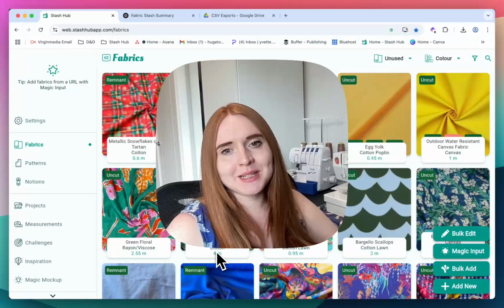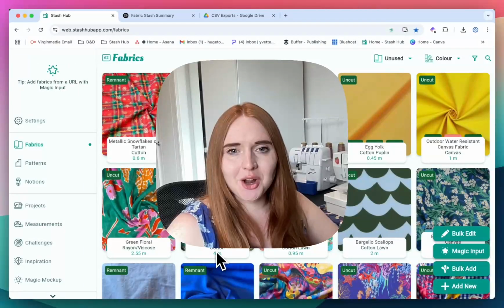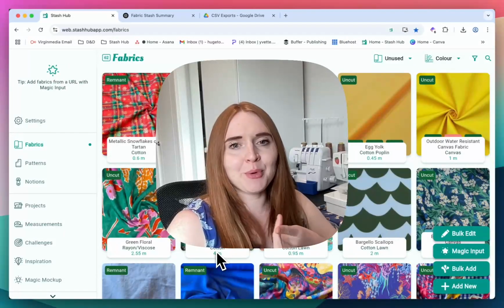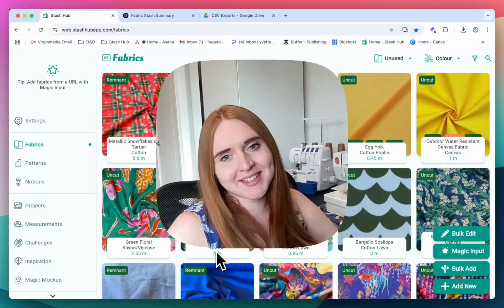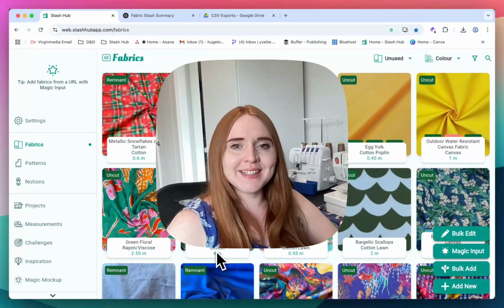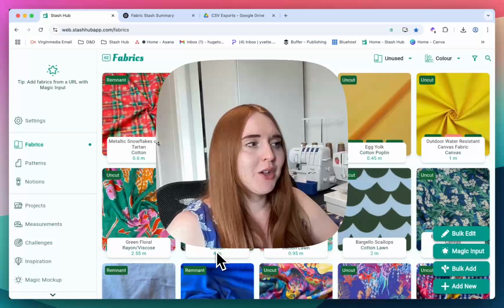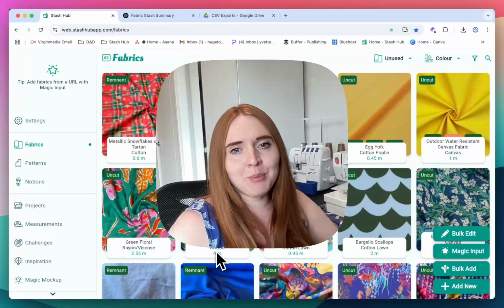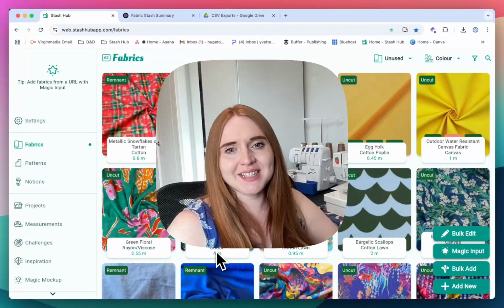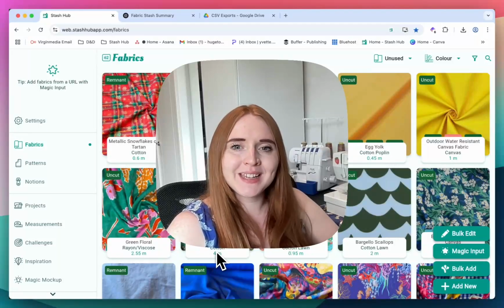Did you know that you can export all of your data from Stash Hub? You can export your fabrics, patterns, projects, notions, and measurements as a CSV format, which can be really handy for a number of applications. So you could view all of your data in a spreadsheet, which can help you spot missing gaps, or you could do some of your own number crunching to generate additional stats to unpick your sewing